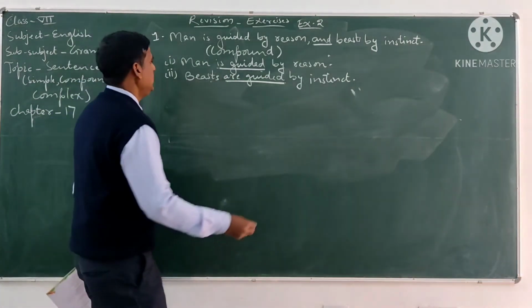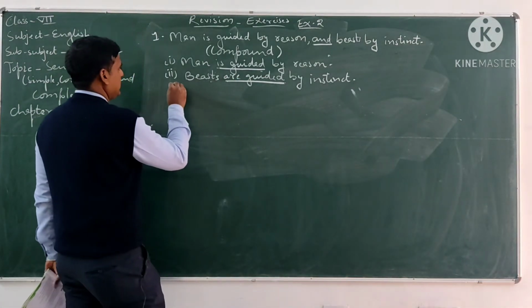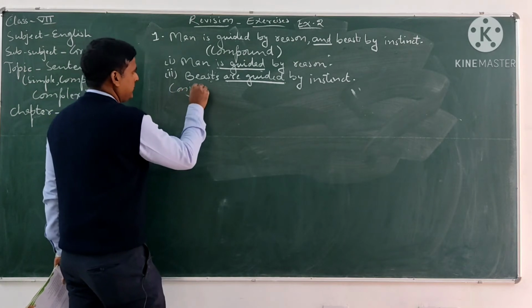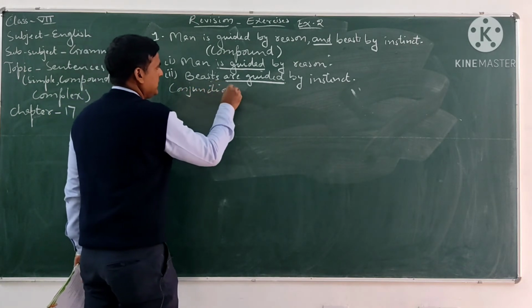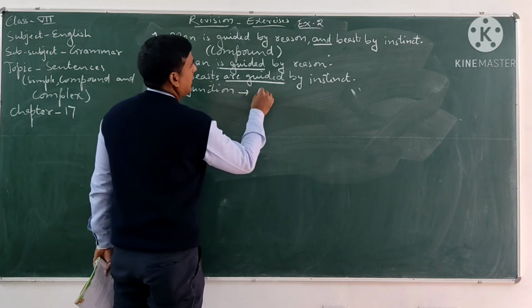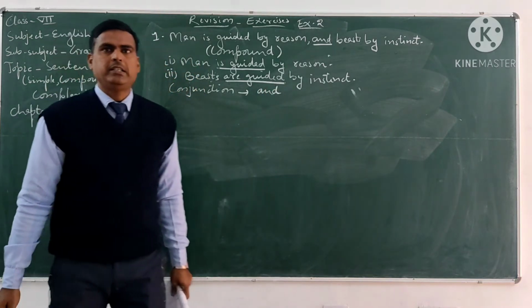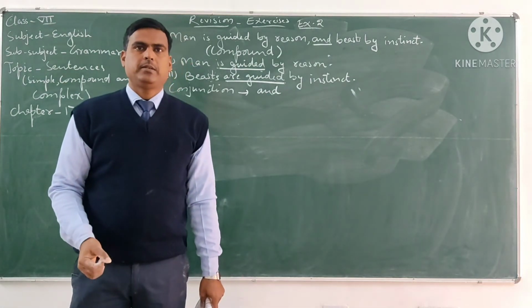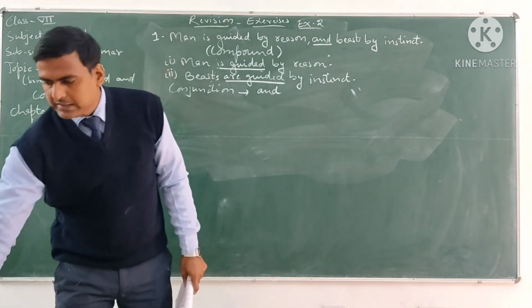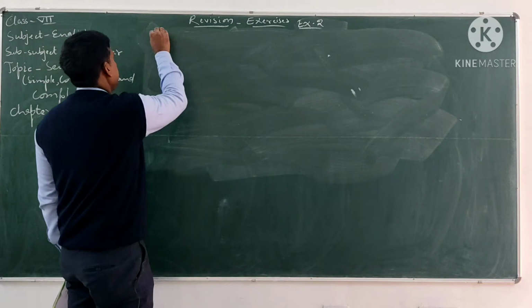And the conjunction that is used, conjunction is and, is the conjunction that is used to join these two clauses. Now let us see the second sentence. The second sentence is